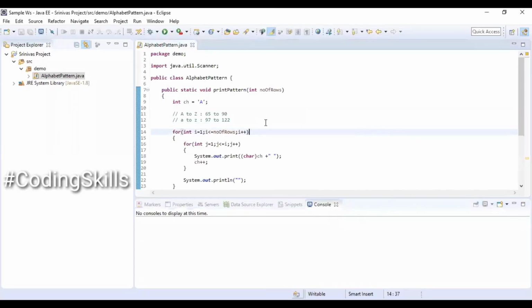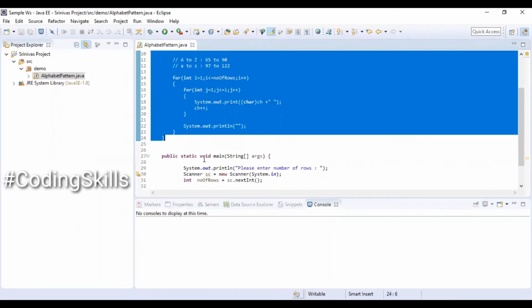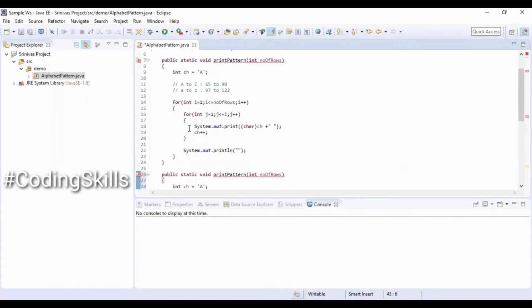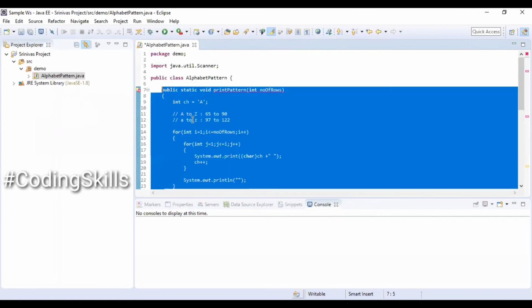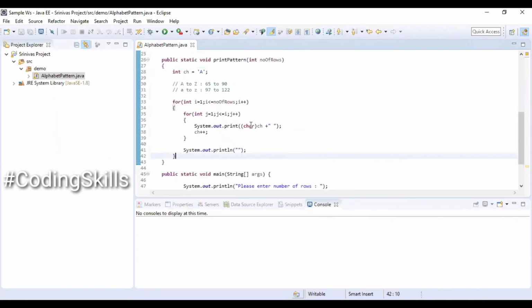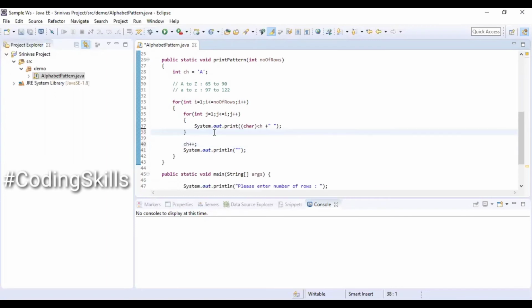Instead of creating a new Java class, we will be using the existing Java class and also copy the existing method so that we can reuse the same piece of code, copying and pasting, and also commenting the previous method, as we are not changing the method name in this case. We will modify only the required places in order to print the second pattern. So character increment, which is inside second for loop, we are just moving out of the second for loop. That's all. Rest everything we are not touching anything.